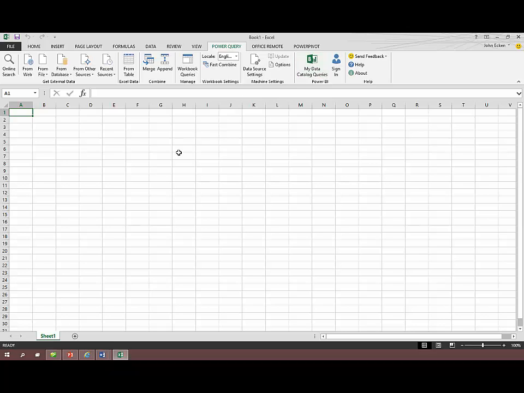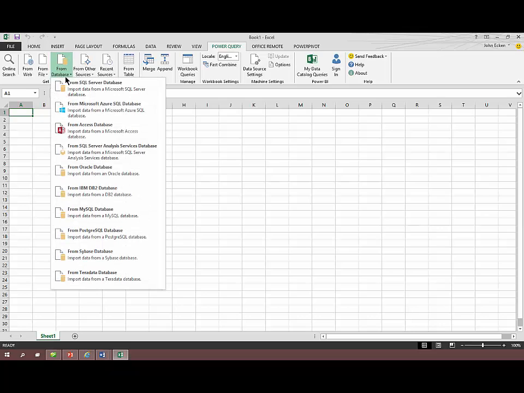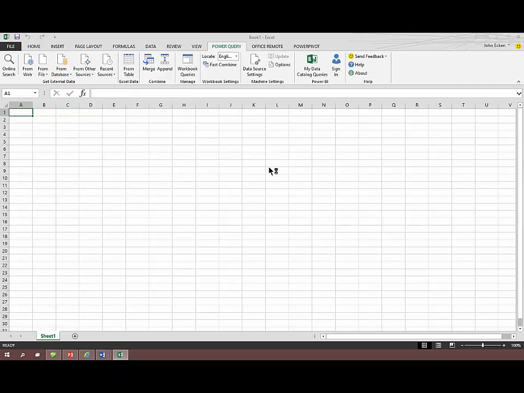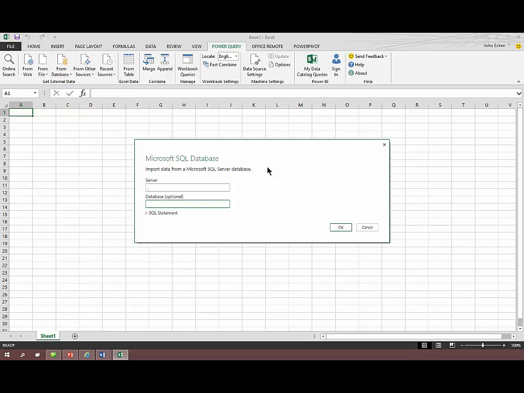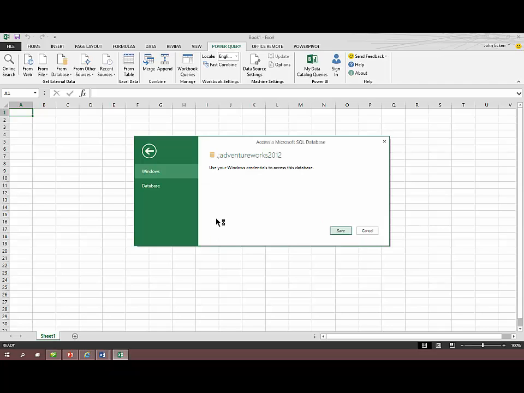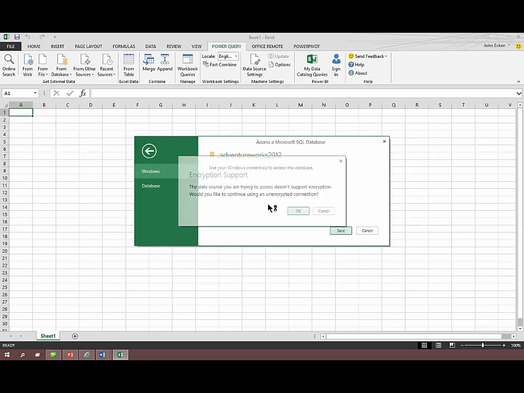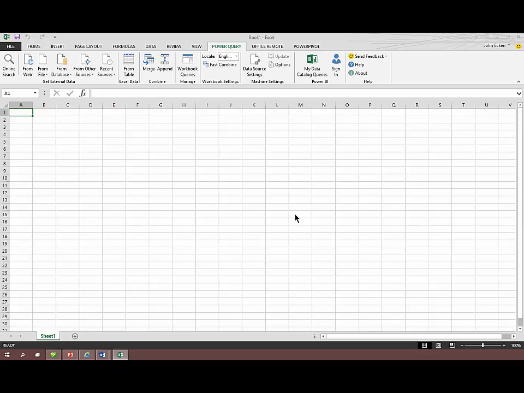So we're going to start by gathering some data from our corporate data source. You'll notice when I click from database, I have tons of options of different databases that are available. So again, this is not just a Microsoft-only, access data from SQL. You can really get data from anywhere that you want. I'm going to type in my server name and connection, and this is going to allow me to connect to